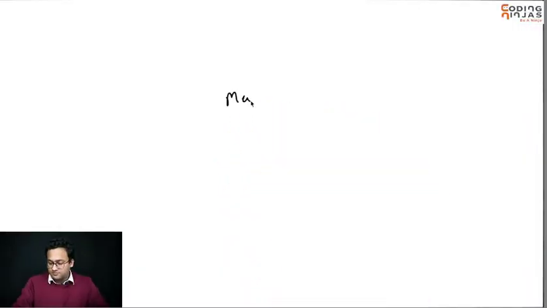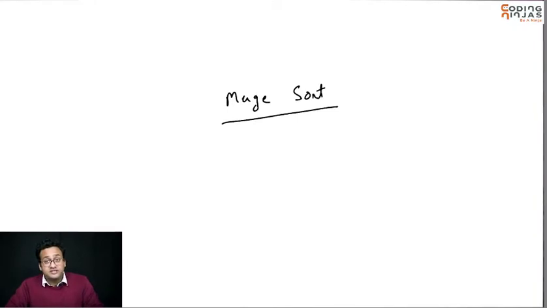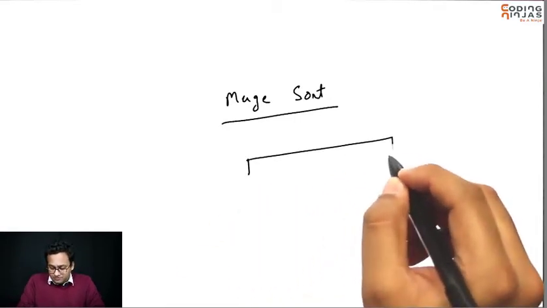So in this session, I want to talk about a very interesting algorithm to sort a list. It's called merge sort. Merge sort is extremely fast and much faster than bubble sort, selection sort, insertion sort, and we just want to talk about merge sort because it's a beautiful recursive algorithm as well. Okay, so what is merge sort?